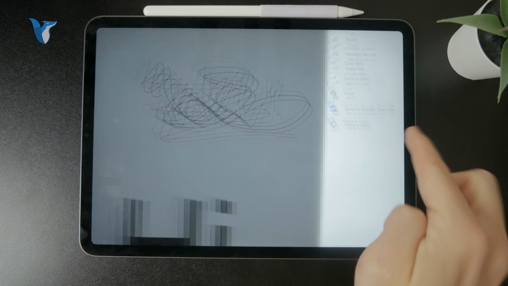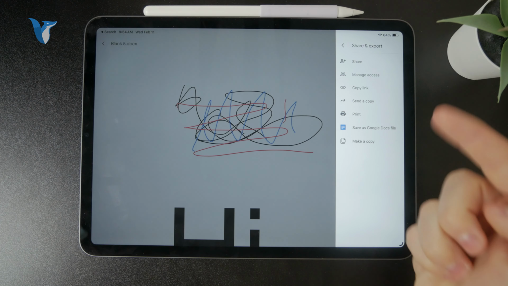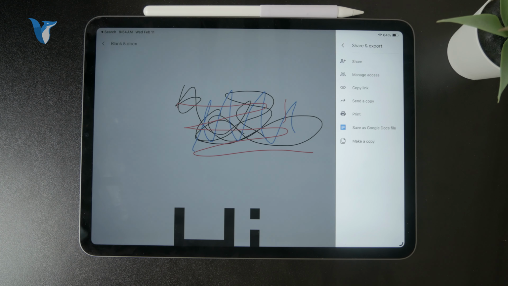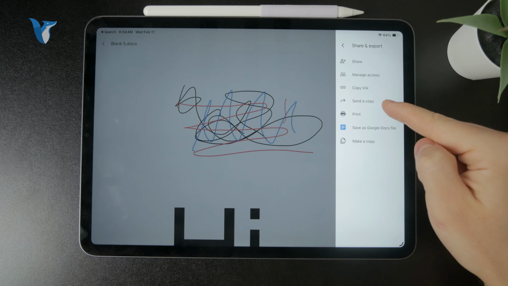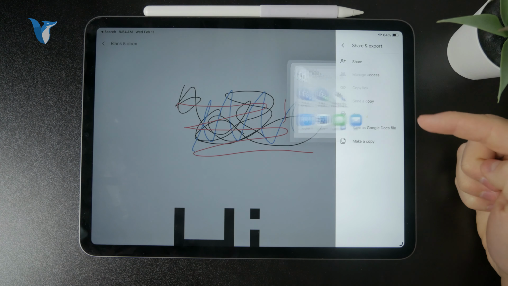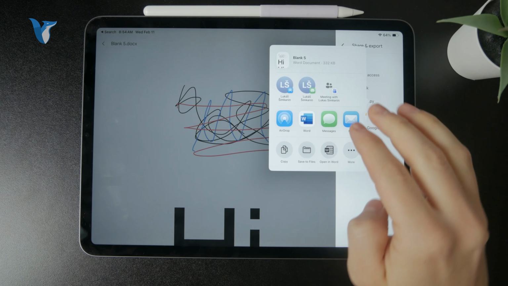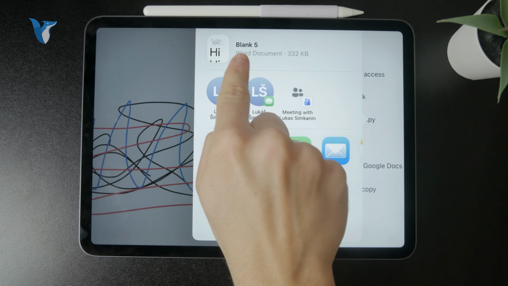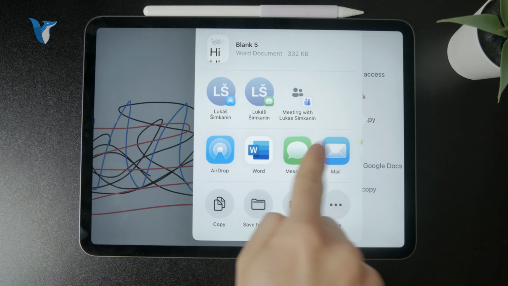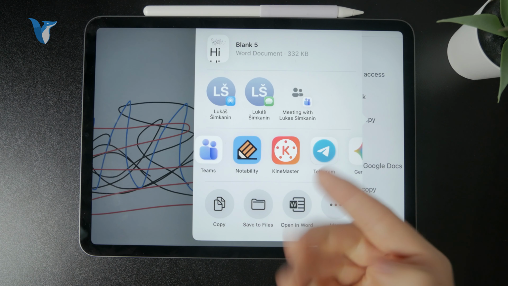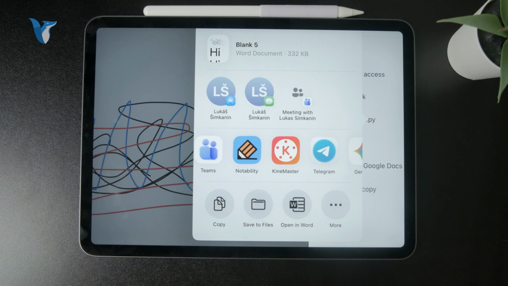So obviously you can click on share and type in some other user which you can work with on that thing or share it with, whatever. But in order to end up with a separate document saved somewhere else, you need to click on the send a copy. And when you click there, it's going to basically prepare that document in a Word document format. And you can see that I can share it with other people. I can send it over a WhatsApp message, whatever, but there's also the option to save it to files,